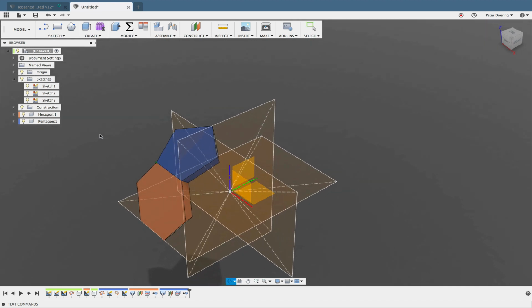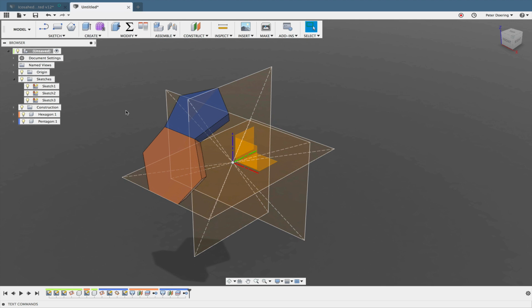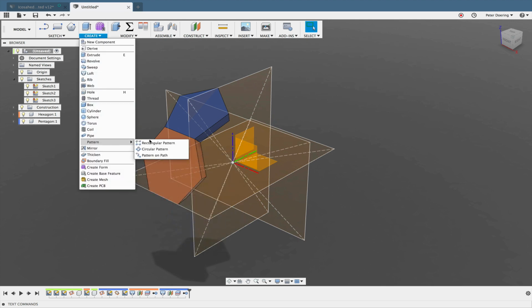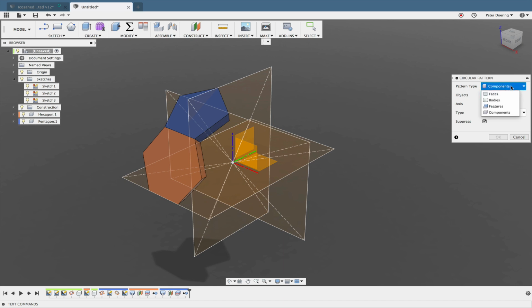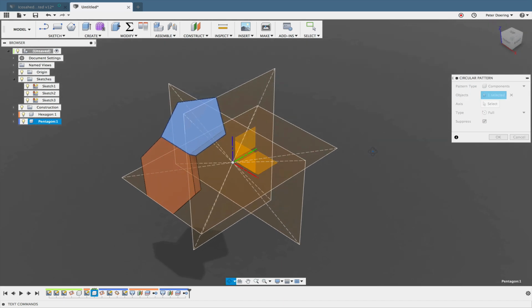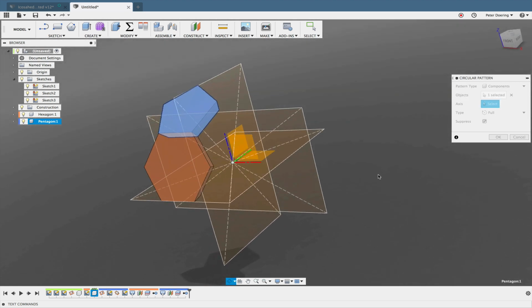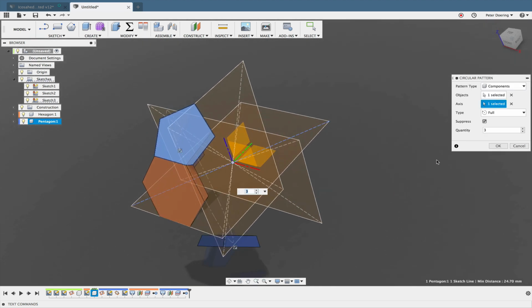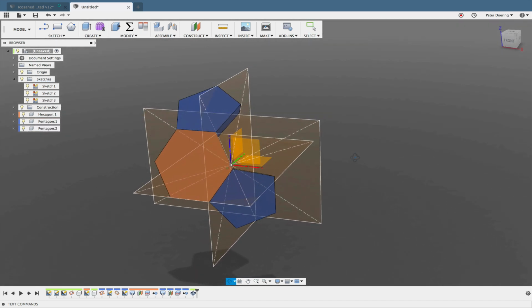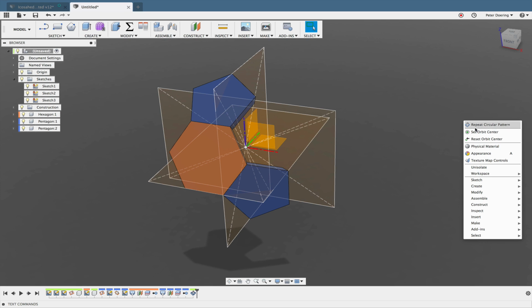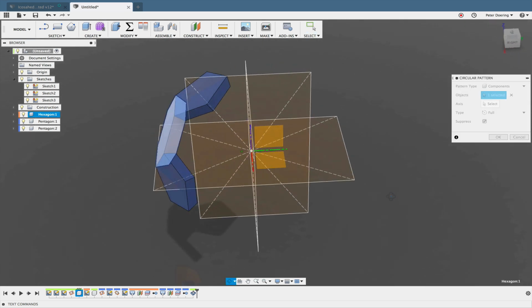And now we need to pattern this a few times. So the first thing I'm going to pattern is, first of all, we are patterning components. So I'm going to have to pattern this around this axis, and not 3 times, but 2 times, and not the full angle, but 360 divided by 5. And that needs to go in the negative direction, because that's where I want it. Okay, so now I'm going to create another pattern of this component